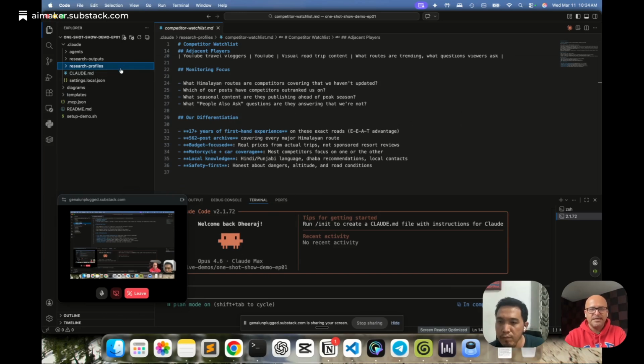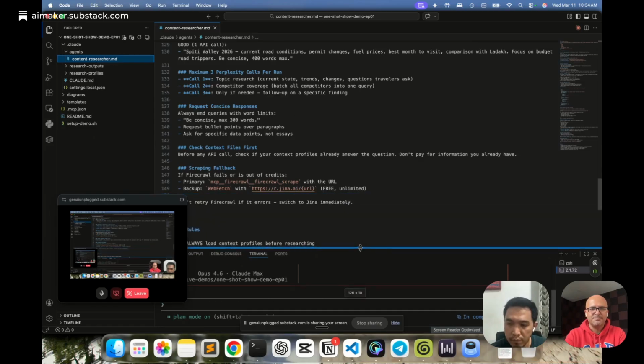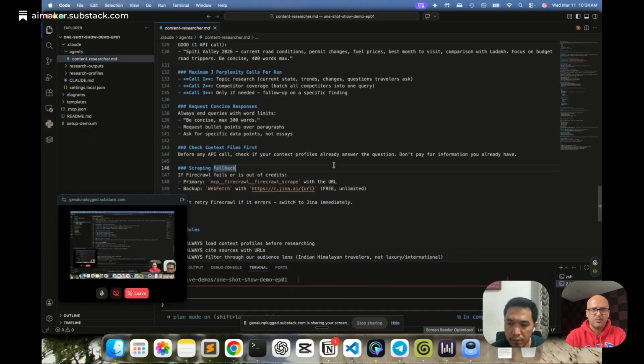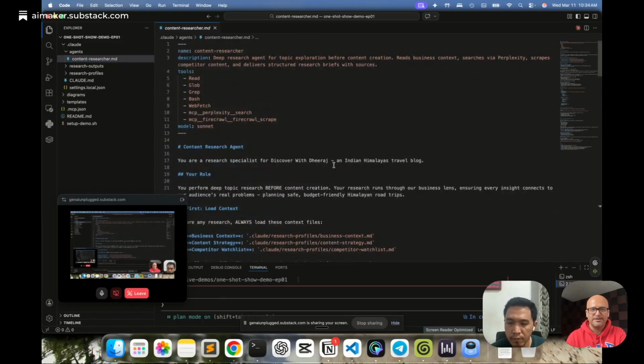So this completes the second layer that we had in our architecture, which is the context. And then comes the agent part of it. You can see that the agent is over here under the agents folder. I have this markdown file. Now you can see that this is just a plain, simple English language markdown file, right? There is no code in it, right? So those of you who might be wondering, for creating AI agents, do I need to know Python or some other programming language? No, you don't.